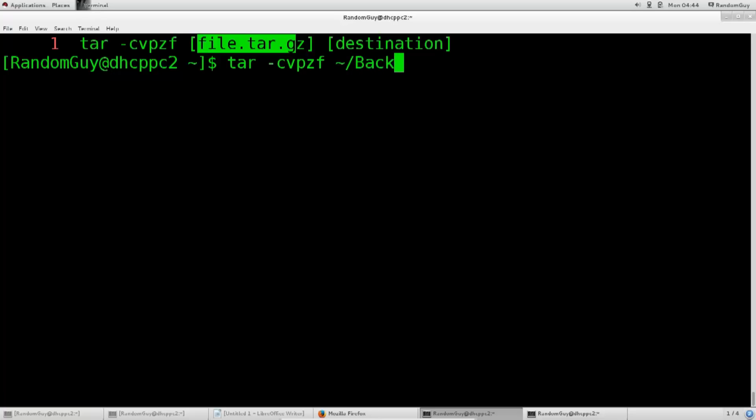And let's type in backup.tar.gz. Oops. .tar.gz, my fabulous typing. And now we're going to go ahead and type in tilde once again. Sure, why not? Let's back up the contents of our home directory into our home directory, which